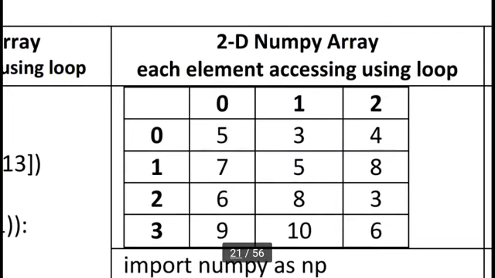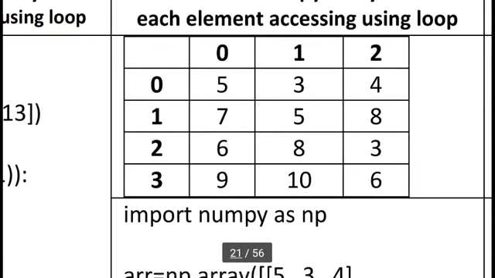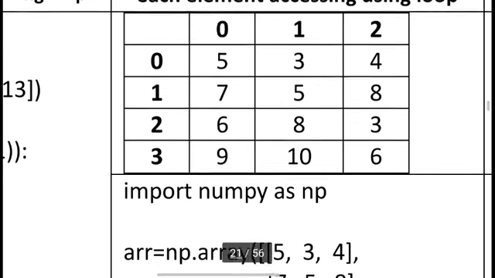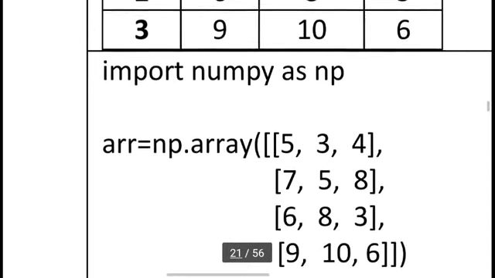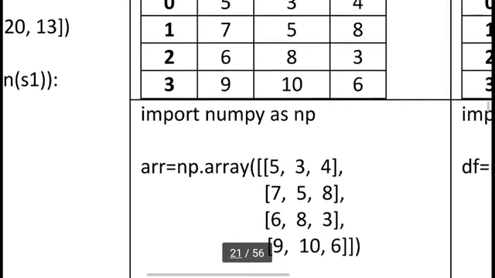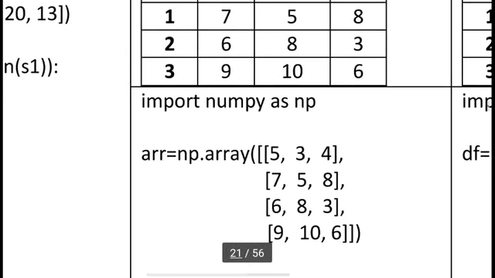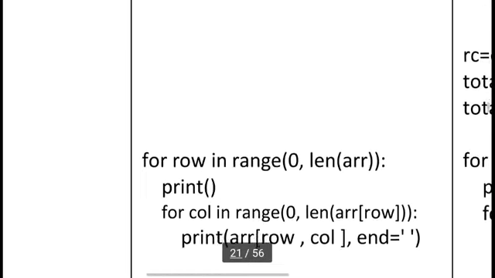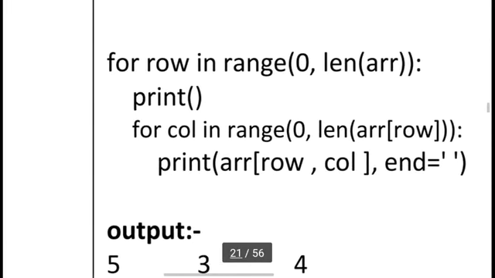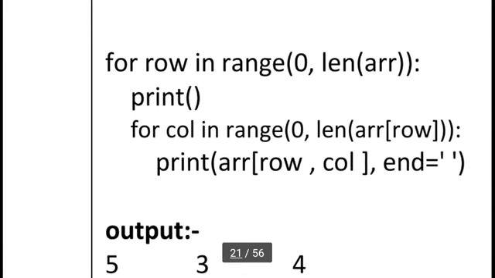Suppose we have a 2D numpy array, meaning a table. In a table we have several rows and several columns. So the above table we can store in this numpy array. But I want to display all the values, so here I am using a loop. Here we can use an outer loop and an inner loop. The outer loop controls the total number of rows, and the inner loop controls each